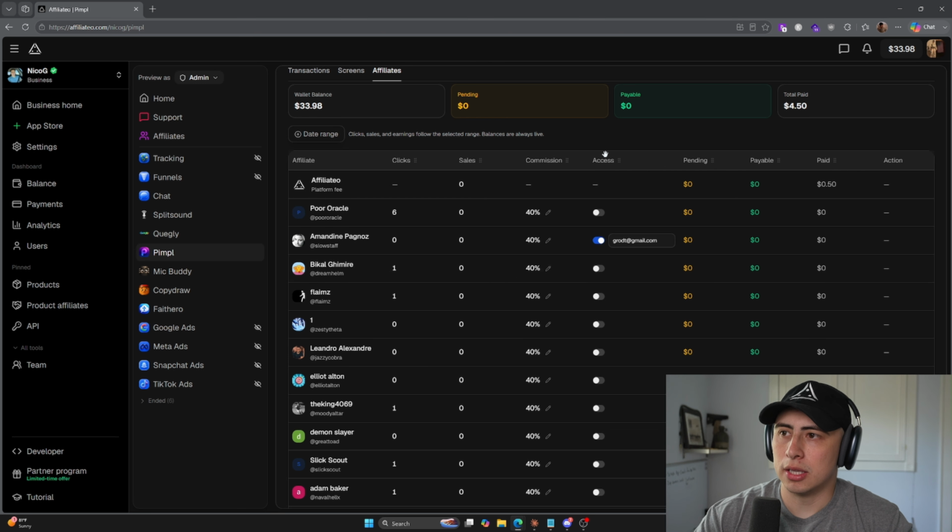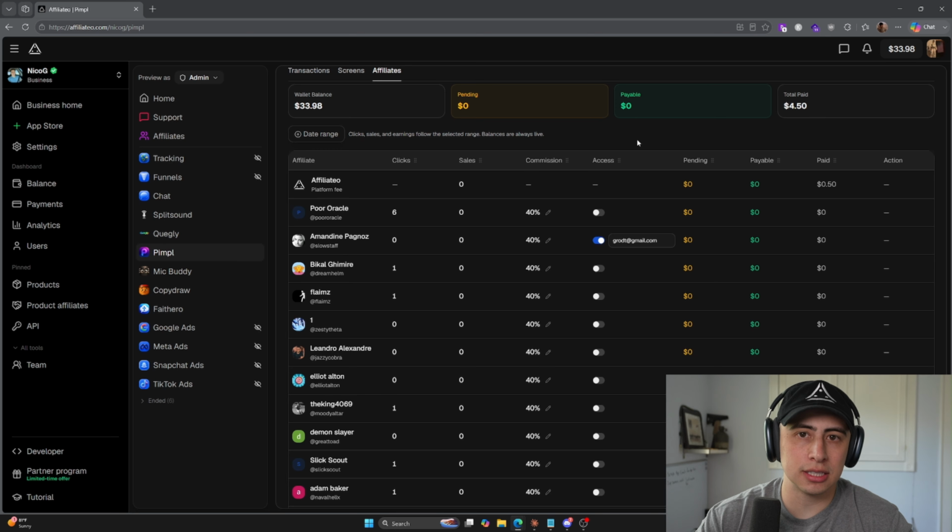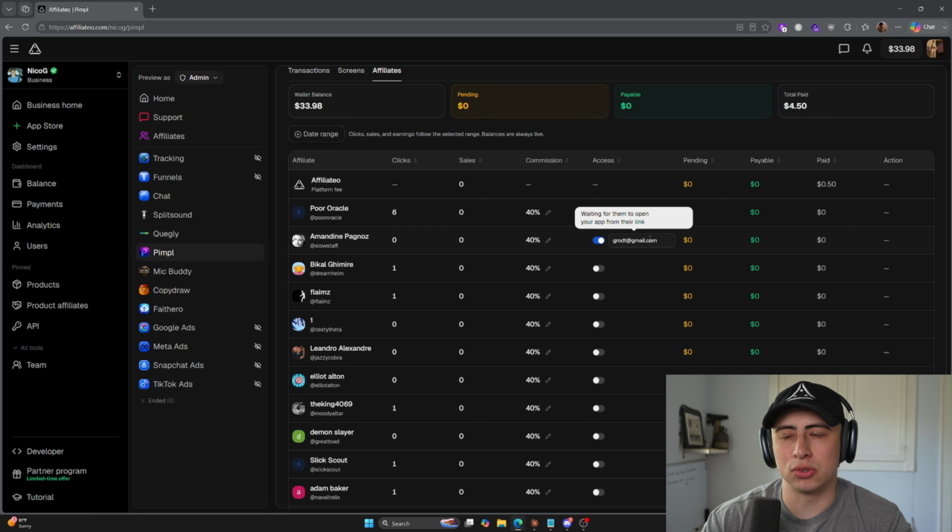It's up to you. This access column is brand new. So if you're using Revenue Cat, you have to install a little extra line of code. And if you enable it, you can give them free access. So for example, if your app is behind the paywall and you want to give your affiliate free access so they can record videos using it, say it's a UGC creator and they do content for your app, you can put in their email, which requires that little special snippet of code,